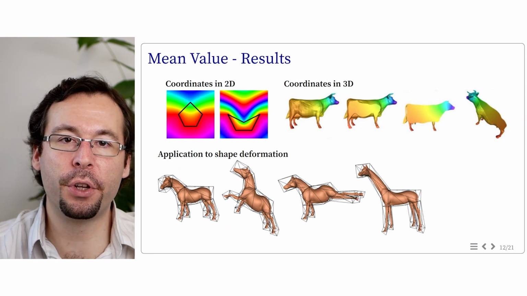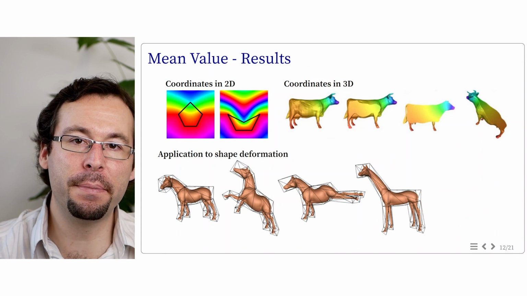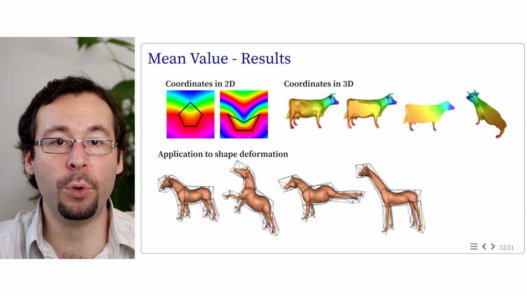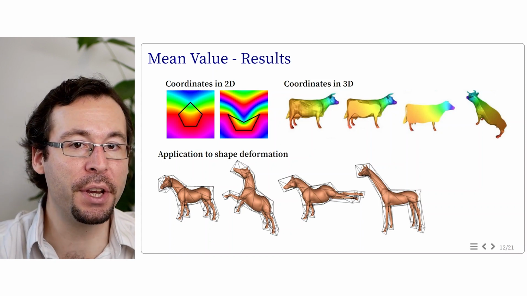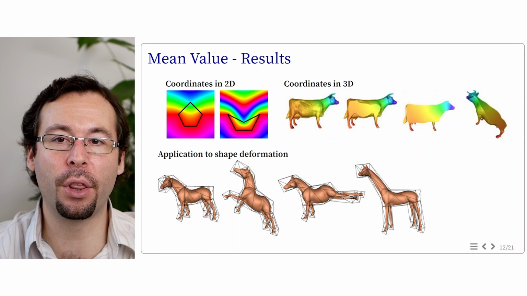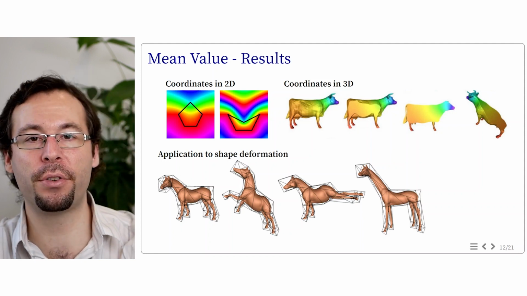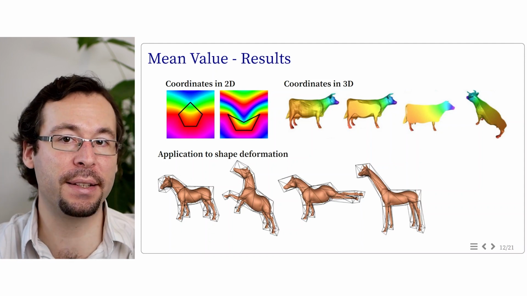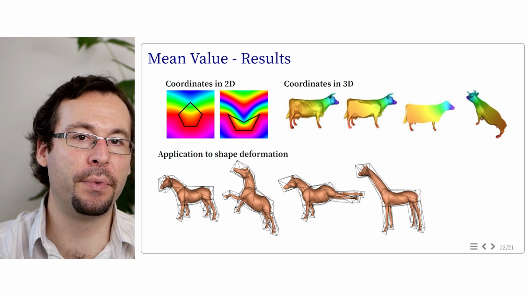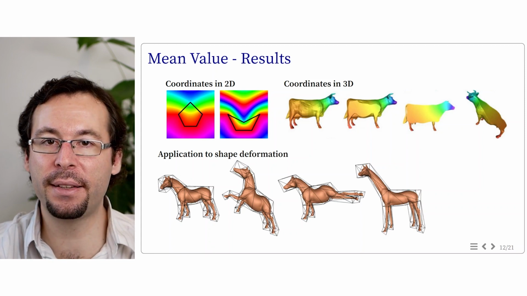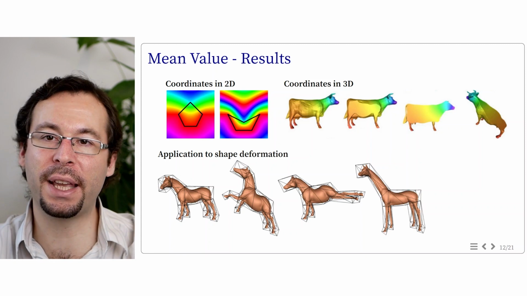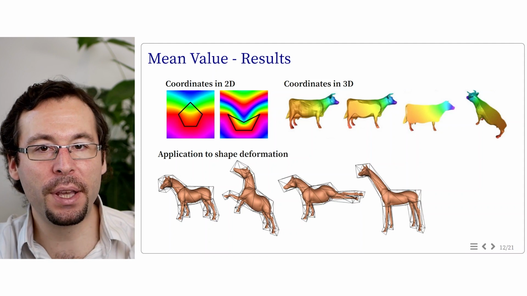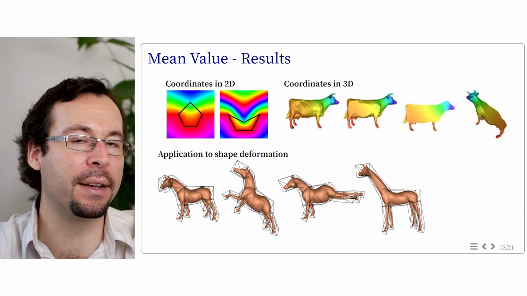And here are some examples of the use of mean value coordinates. They can be used to generalize barycentric coordinates in 2D. They can also be used to define some local coordinates based on the boundary of the mesh, and one application of that is to build a 3D texture from a surface boundary. And of course, they can be used to model 3D deformation from a sparse cage. The cage allows to have few degrees of freedom compared to the mesh inside it, and compared to the grid-based approach, the cage can actually surround the limbs of the character, so when deforming one limb, it doesn't impact the other one.